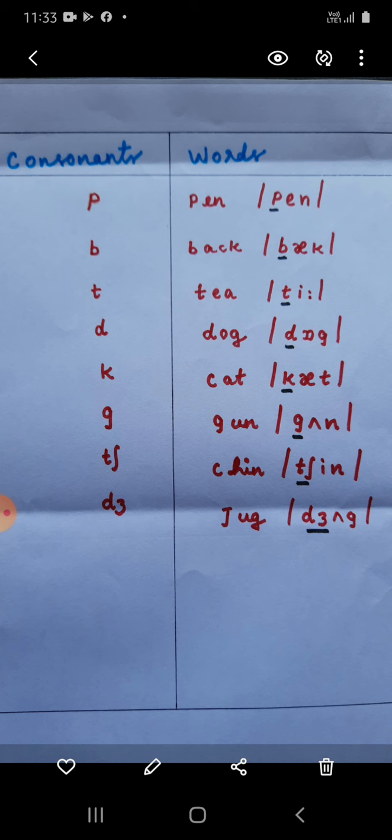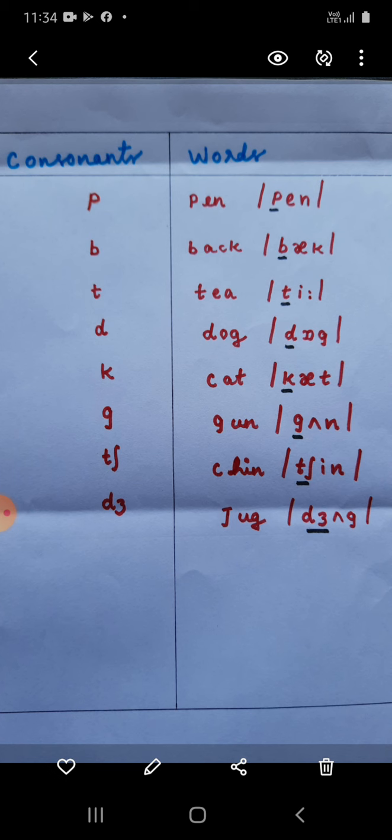Then how to write that? For example, if we are writing the word tea, T-E-A, we are first placing a slash. After that, we are writing T sound. After that, E. E-A is pronounced as E in tea. Then after that we are closing the slash. Then the word is in phonemic symbol. The word is tea. Clear? So try to pronounce that along with the teacher. While the teacher is saying that, you also please try to say along with that. Then it will be more clear.